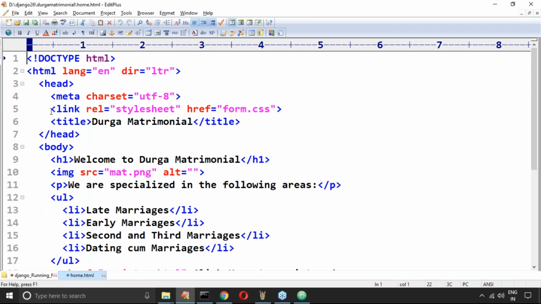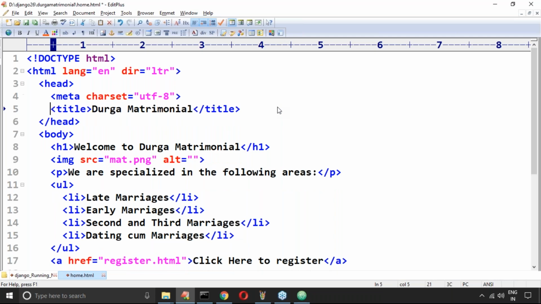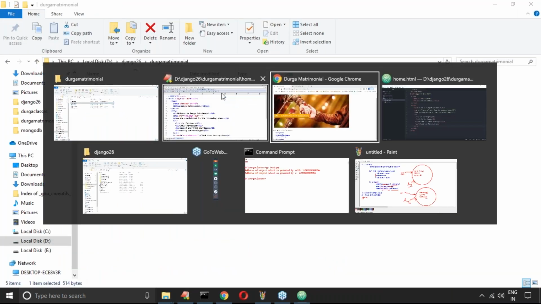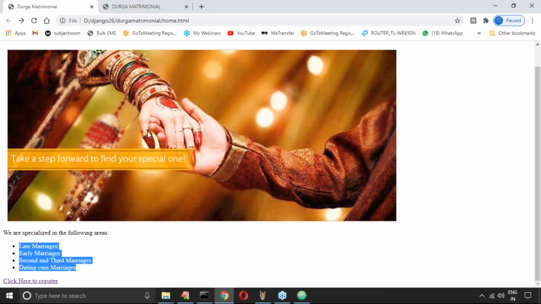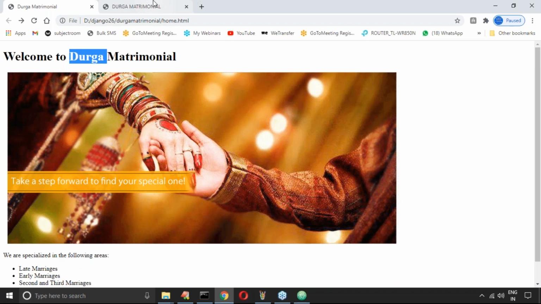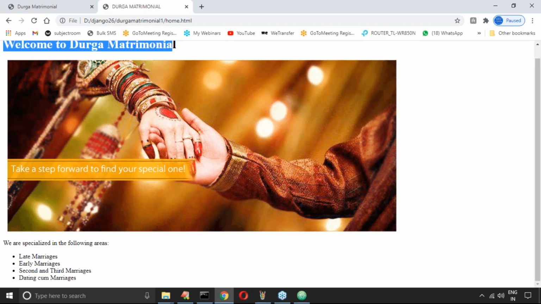Is any link for CSS available or not? The link for CSS is already there, because of that it is coming. Let me remove that link because we don't know about CSS yet. If I remove it and refresh, it will come like normal. This is what I'm going to develop, but anyway it is my original thing.